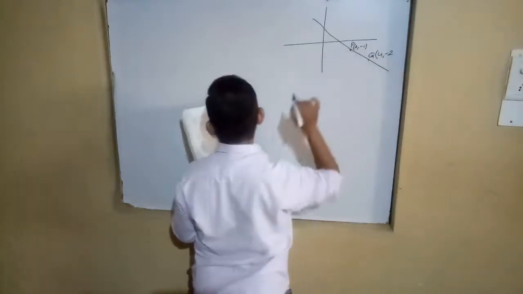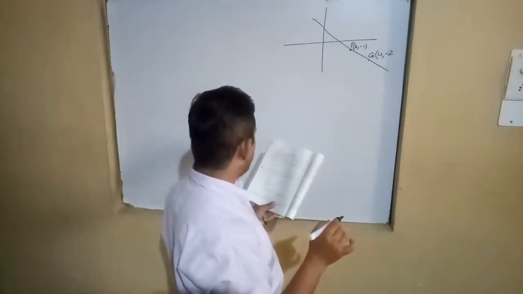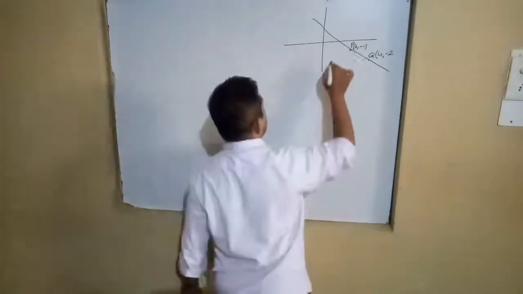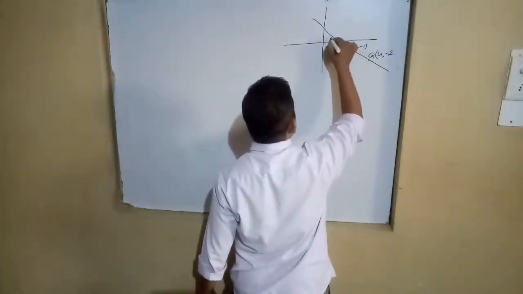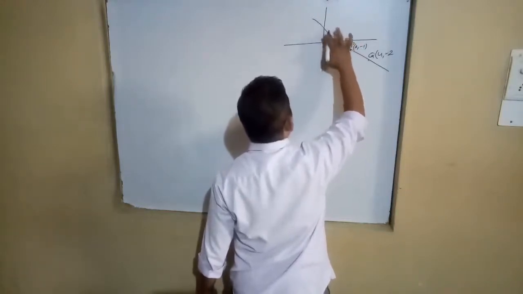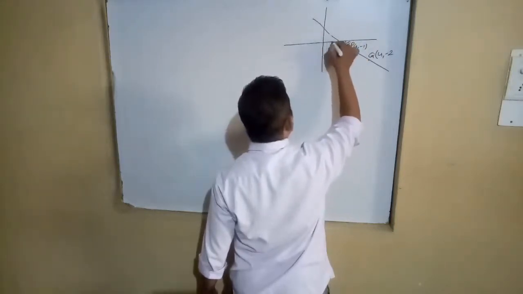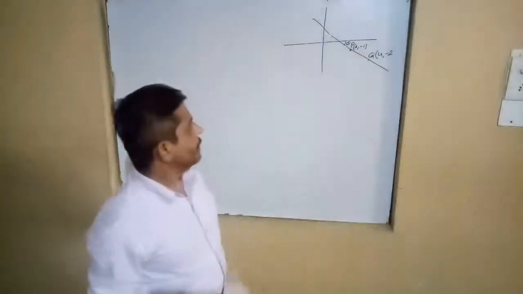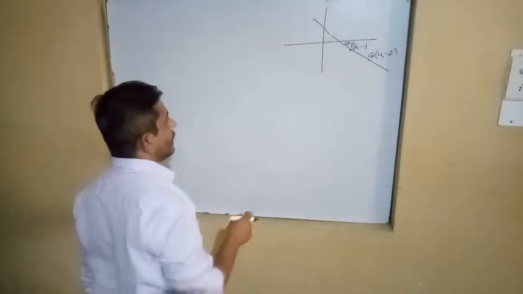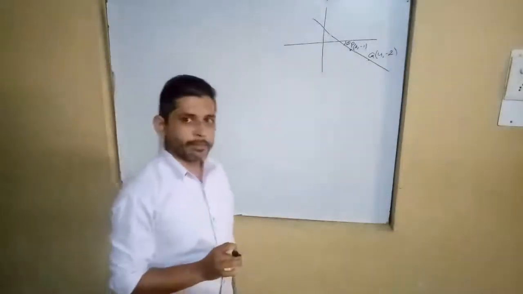we have to find the angle of this line with the x-axis, which means we have to calculate this angle. This is theta, or this is theta. Both are the same, both are vertically opposite angles. So we have to find the value of theta here, for the line joining the 2 points. So first we find the slope of the line.